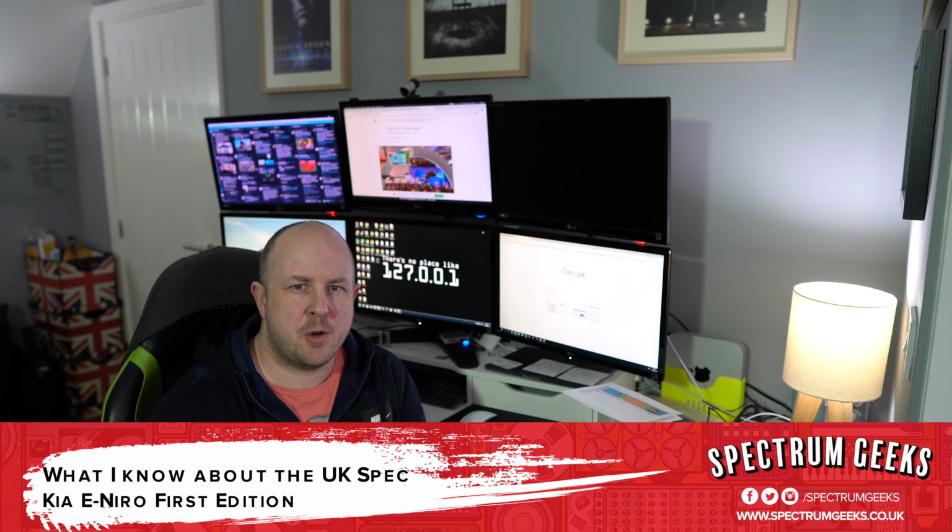So to start off, this was a really low spec Niro, so it didn't feel fantastic in terms of plushness, but it was well put together. There were no creaks and rattles and everything felt solid, but there were no real creature comforts in there. Everything was quite well laid out. It was interesting in that the car felt small, but at the same time it felt quite big. So obviously I'm comparing my